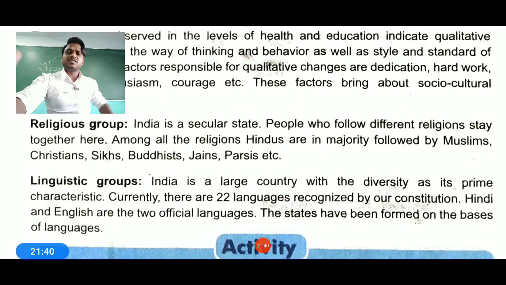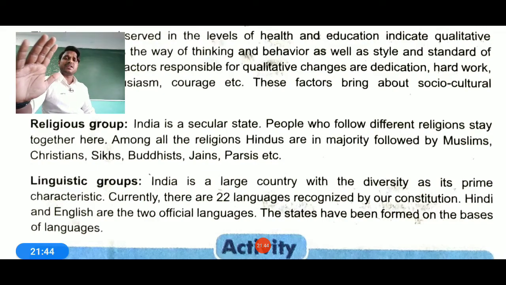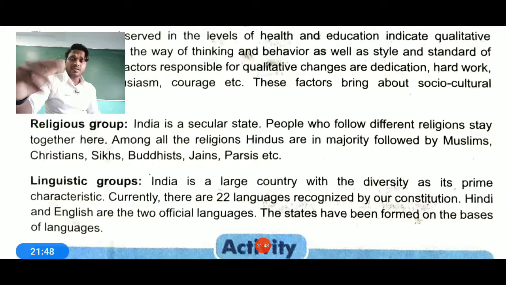Now there are some kinds of group, like religious group and linguistic group. One is the religious group, with people living in different regions of the states. Together they live among different regions, and among them Hindus are in the majority, then Muslims, Christians, Sikhs, Buddhists, Jains, Parsis, etc. are also there. Similarly, the linguistic group of the Indian states consists of almost 22 languages